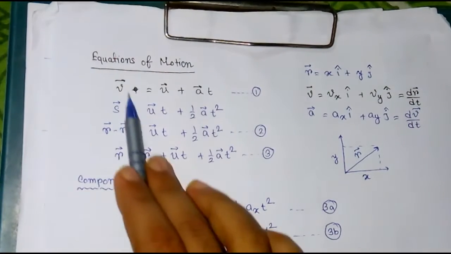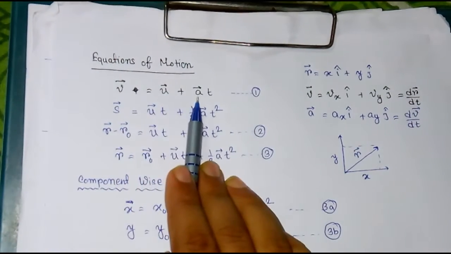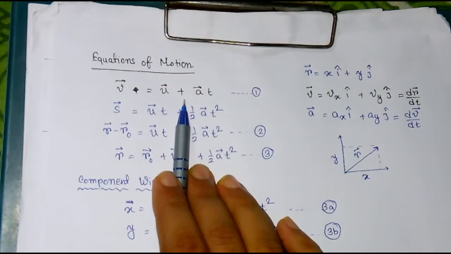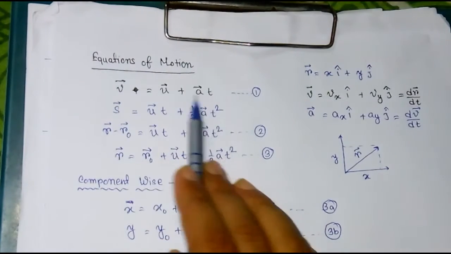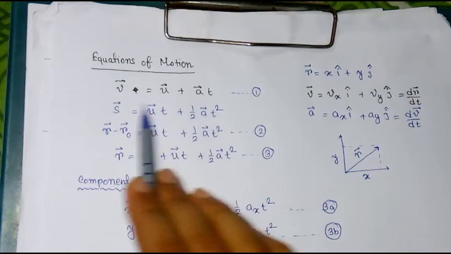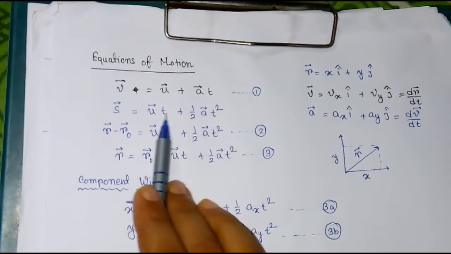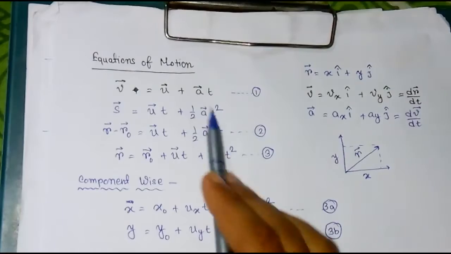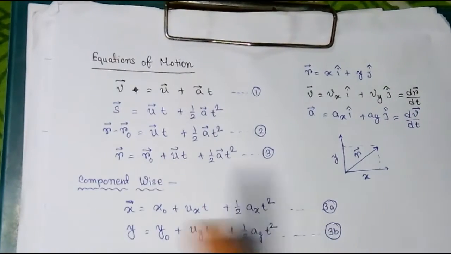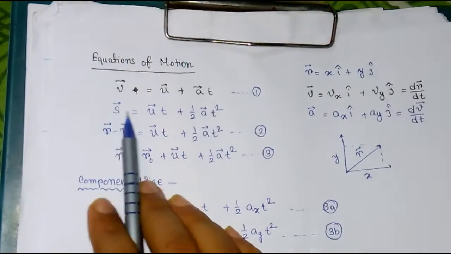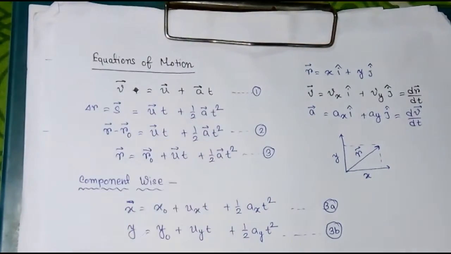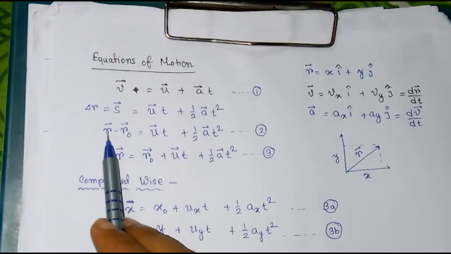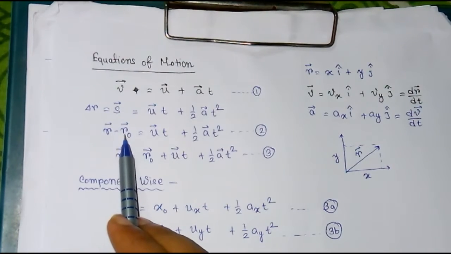Now, these things, v equals u plus at, you all learned in the previous chapter and also in class 11. So v vector equals u vector plus a t vector. This is a very known thing to you. And this one also, s equals ut plus half at square, is also an equation of motion, right? Now what is s? s is displacement. Displacement means change in position, right? Change in position means final position minus initial position, isn't it?